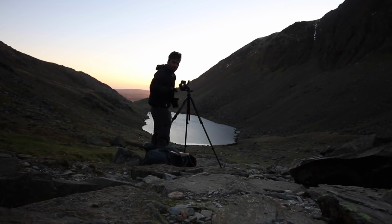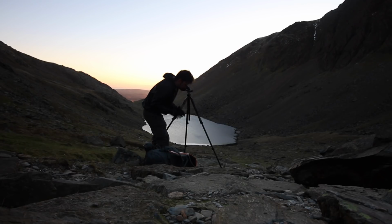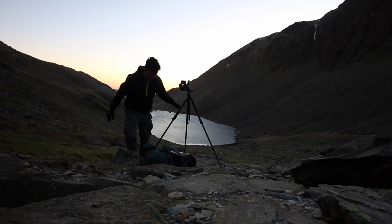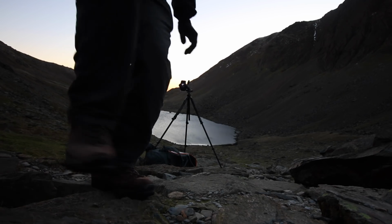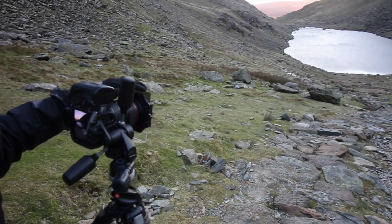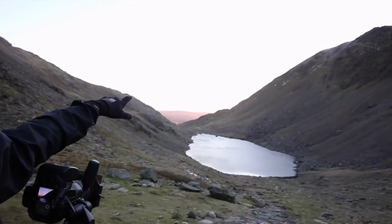I think I've found a composition that I like. We've got this path that's leading down, so just getting the ND filters on, because we've got the sun going down over there. The wind's died down a bit. So I've got this all set up now, and I was hoping I was going to get away with using the two-stop staff grad to balance out that sky, but the difference is too big, so I'm going to have to bracket,